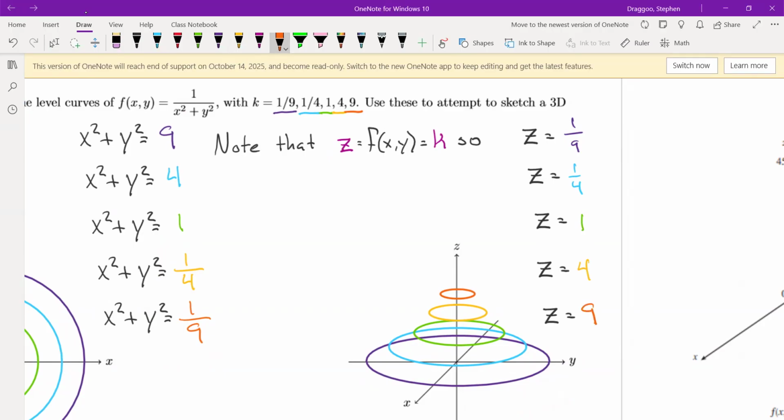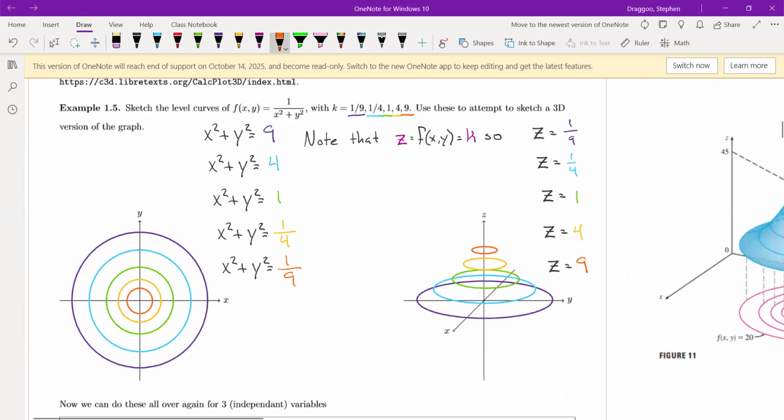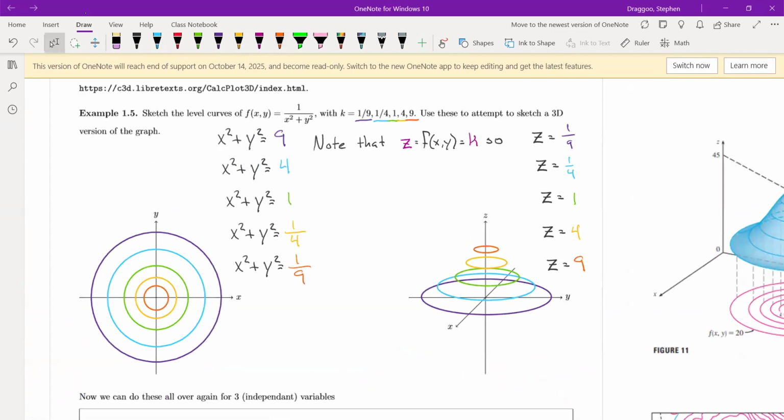So when we're using these level curves, we're setting z just equal to some number, setting our function equal to that number and graphing out what it looks like. Starting with a plot on just the xy plane, to figure out what the level curves look like, or sort of a cross section of our three-dimensional graph. And then moving over to